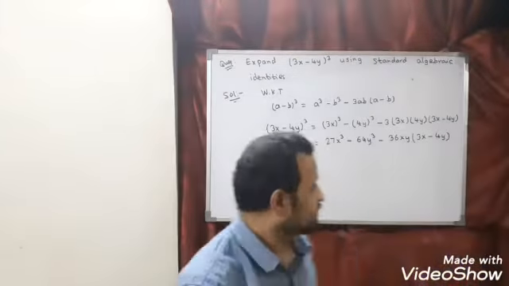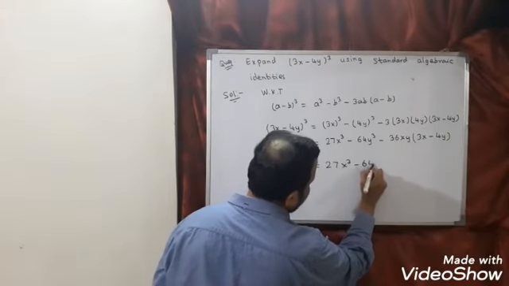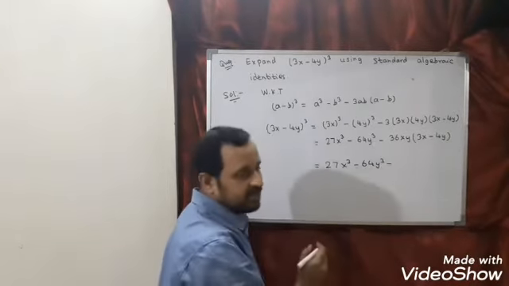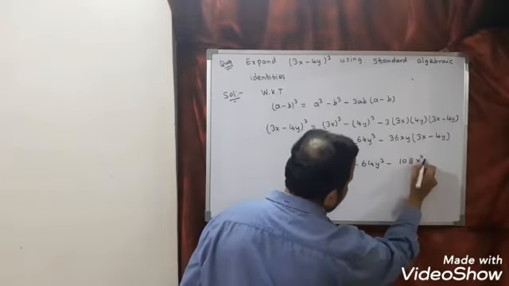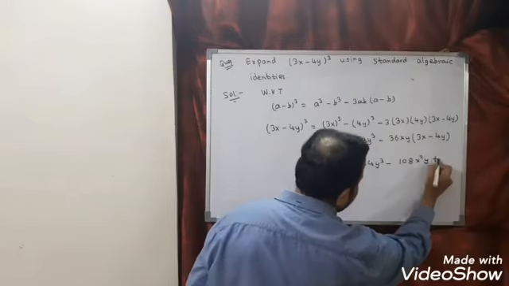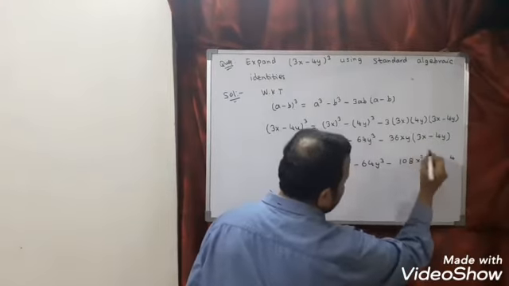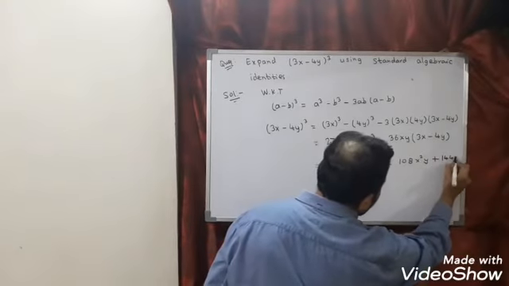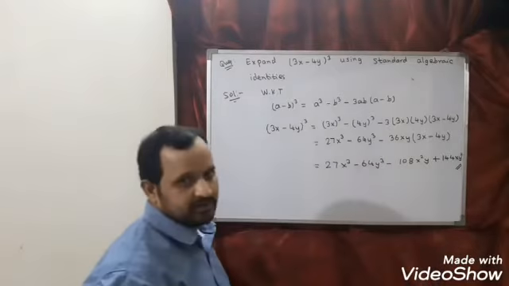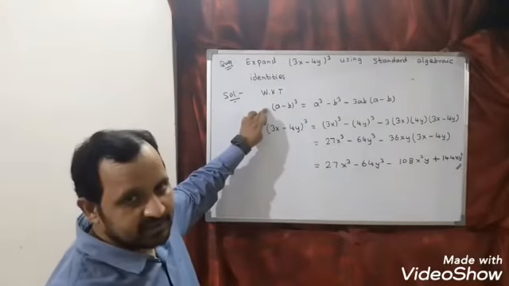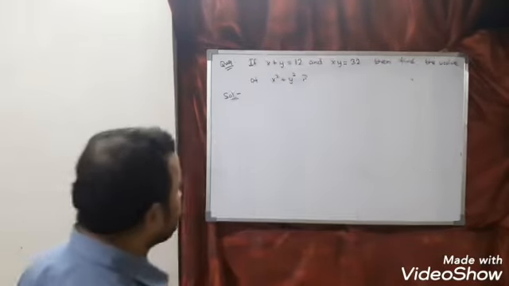If you want, you can expand. So this we can write as 27x cube minus 64y cube minus, multiply 3 6s are 18, and here 108 x square y will come, minus minus is plus 36 into 4, so 4 will come here and here 2. So 144 x y square. So this is the required solution. So just apply the appropriate algebraic identity, you will get the required solution.